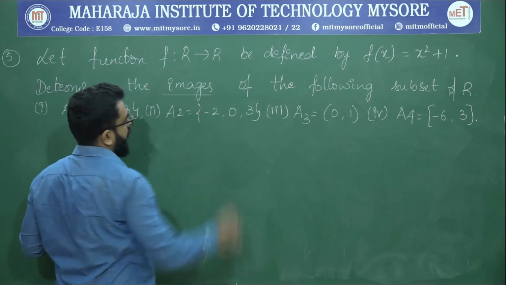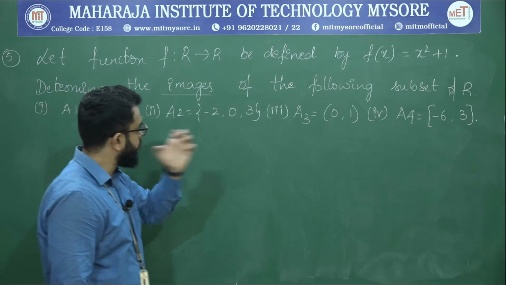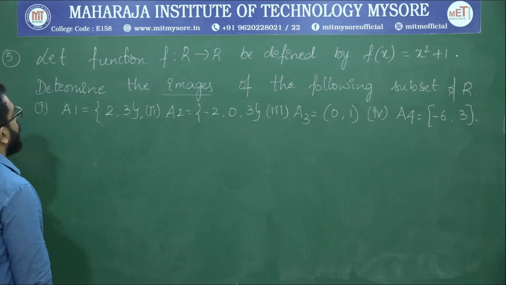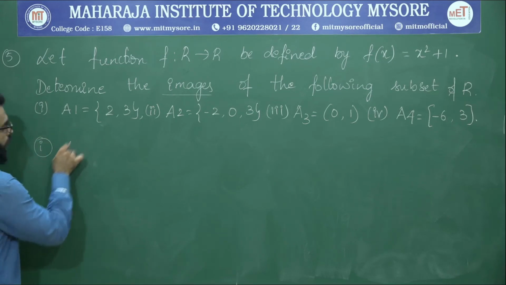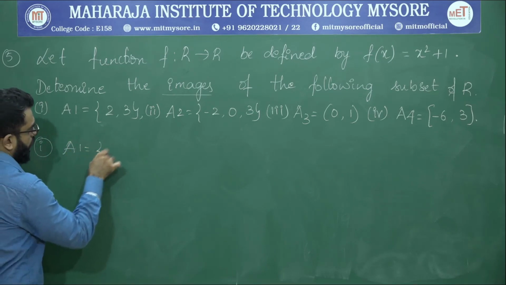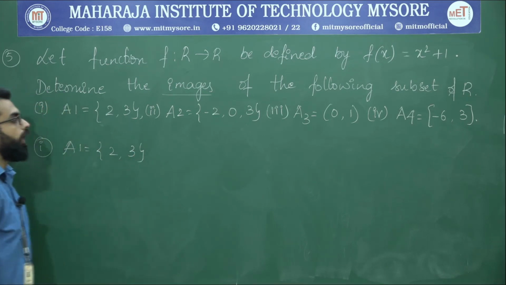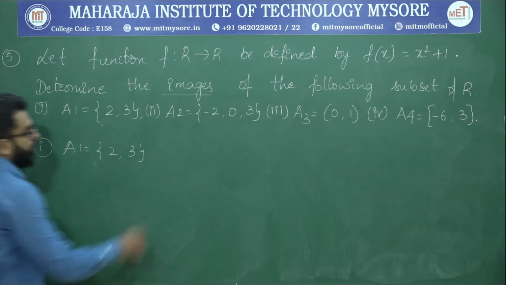In the previous case you were asked to determine the range, but here it is asked to determine the images of the following subsets of R. Okay, so what is the first one? First we will consider A1, which is a subset of R that consists of the elements 2 and 3. So how do I find the image of this? To do that, we will have